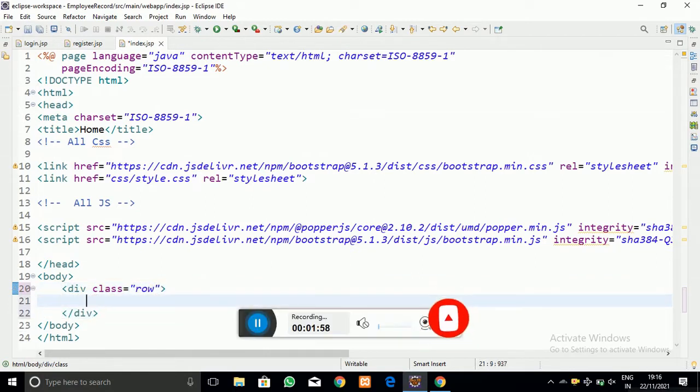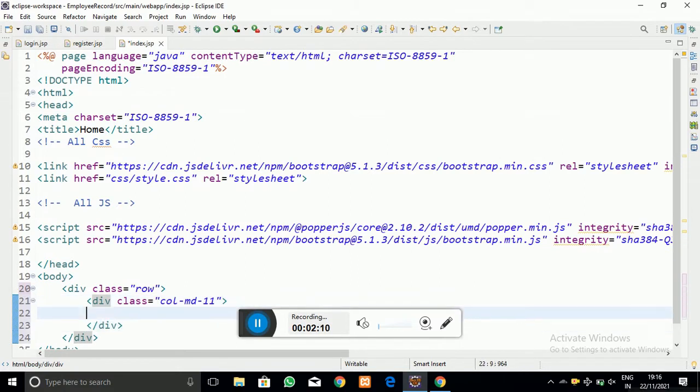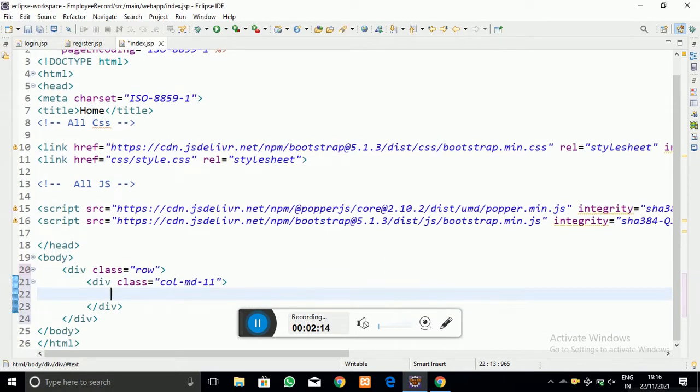Here I have created the row class, which is a bootstrap class, and into that I am going to create a column class of 11 width, which is also a bootstrap class. Into that I have to take the table.